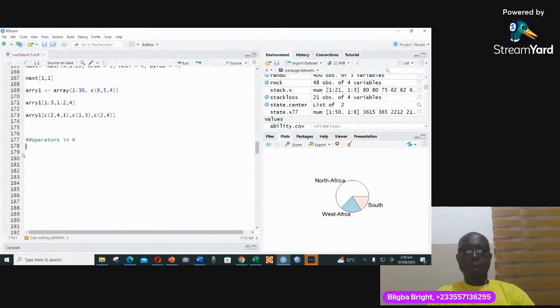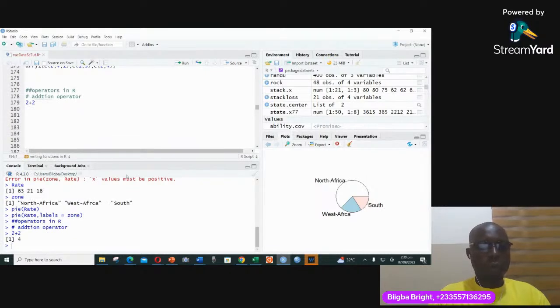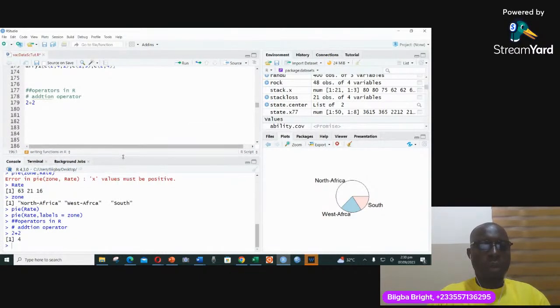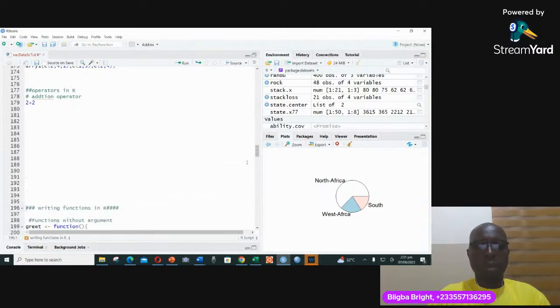So let's look at the first one, the addition operator. That's plus. You are just using the adding operator. So if I have a hashtag like this, addition operator, like this. So let's say I have 2 plus 2, obviously the answer will be 4. And then, that's an addition operator. So what about if I have 1